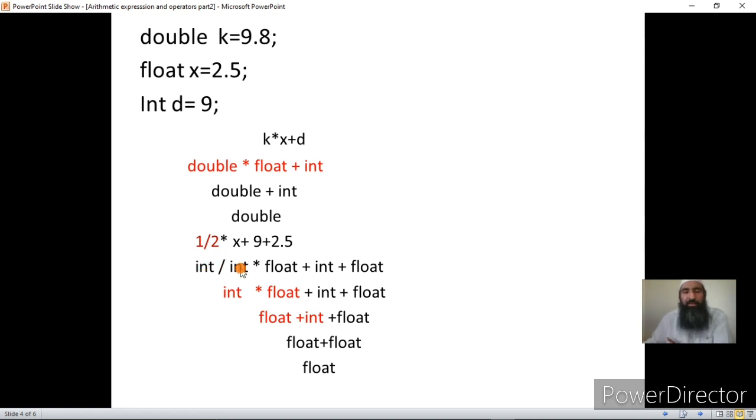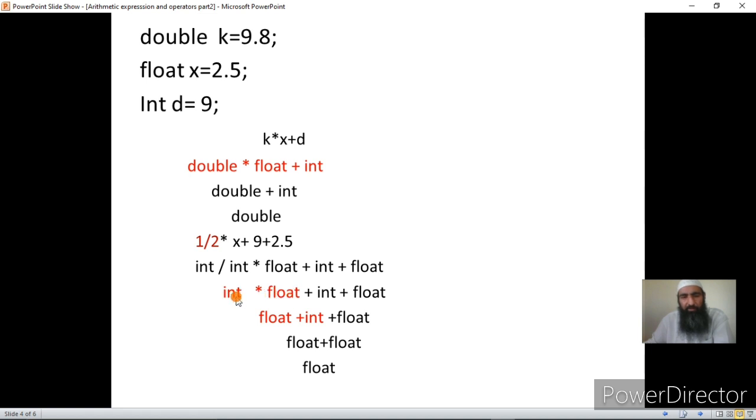And if it violates what we have learned in mathematics, I cannot help, because it is like this only, and the C compiler will handle your expressions like this only. It will always get the results correct, but you should understand the way it does. Now integer by integer, you will get the answer as an integer. Okay, then what's the next operation? That is the multiplication. That's why I have written this in red.